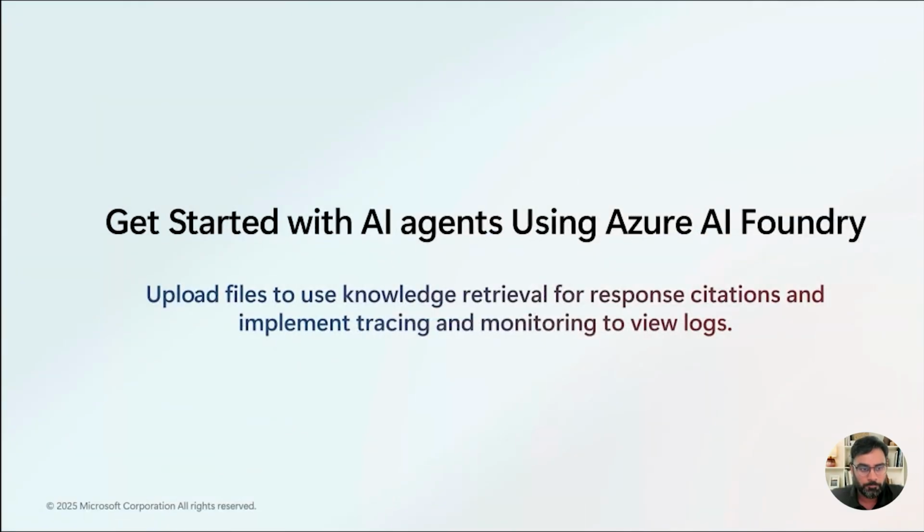So, let's do one thing. We'll start with a small, I'll walk you through how this works in terms of AI Foundry, but also we'll take a small example or a POC, like how you can quickly deploy an agent, and then do some prompting to see how these agents are responding, right?